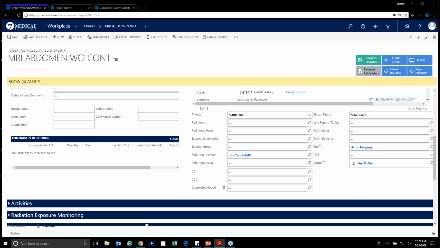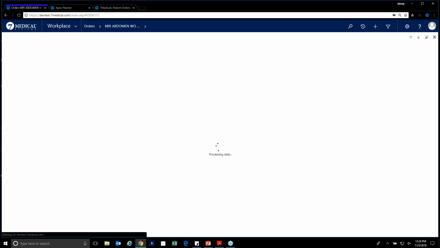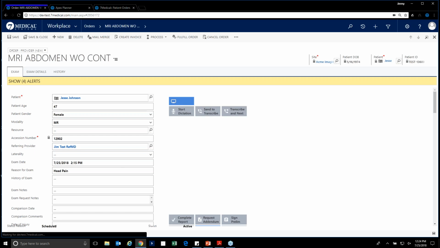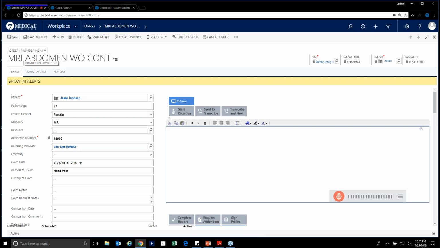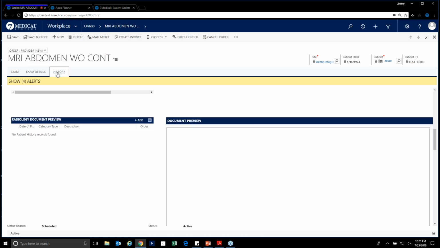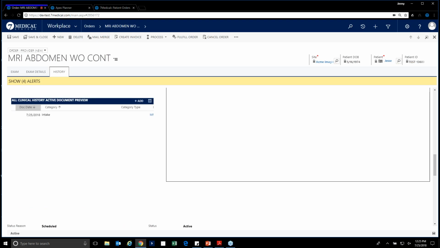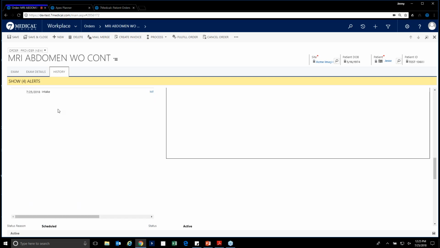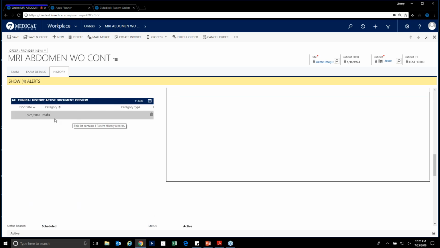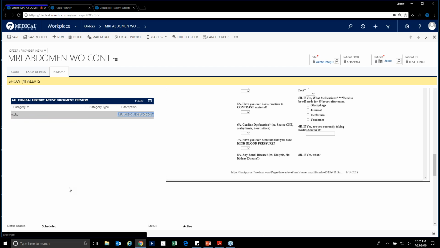I'm going to switch over here and go to our provider form. So now, as a radiologist logging in, you'll notice a couple of new items on this form. If I navigate down to my history section, you'll notice a couple new columns in here. Let me just go down to all clinical history, but this will outline the history of the exam. You'll notice that I did complete the intake form. So if I actually click on this,